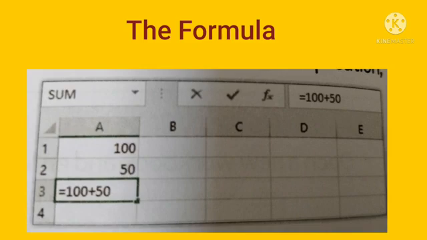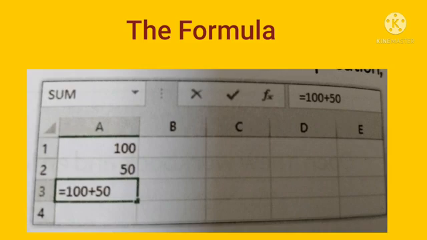Suppose I'll give you one example. To find the sum of two numbers, you can enter the number 100 in A1 cell and enter the number to be added, for example 50, in A2 cell. Press the enter key, then write equal to 100 plus 50 in A3 cell.